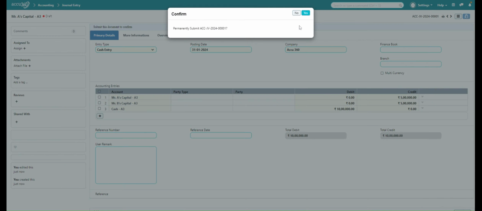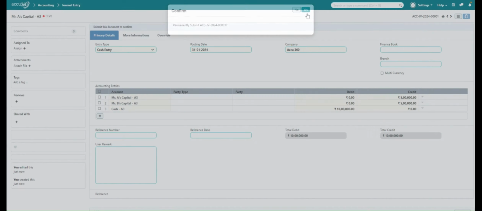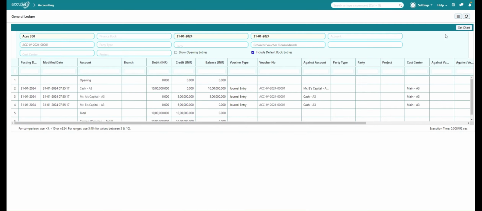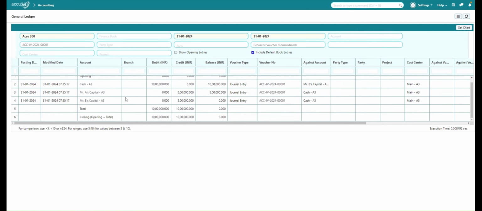Give the confirmation to yes, and here our journal entry is saved successfully. Now let's go to the view option in the corner to see the effects of this journal entry. So we will click the ledger and here we can see the effects of this journal entry is on cash